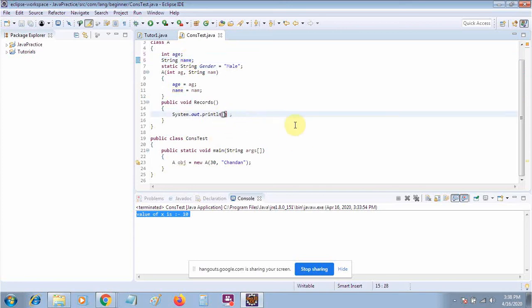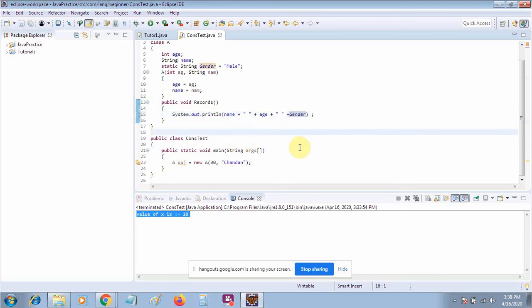Okay, so inside that I will print all the details like name, then plus age, then plus, and then the final thing is gender.